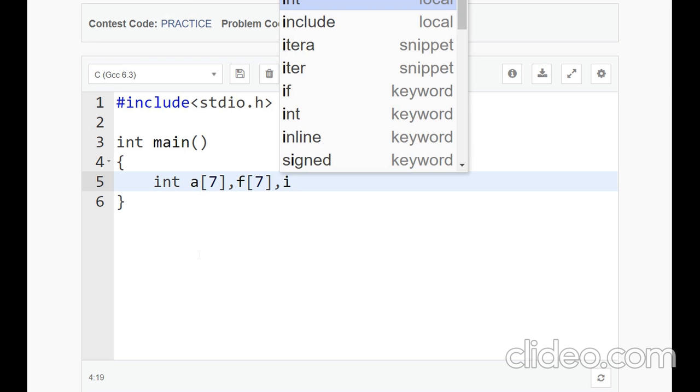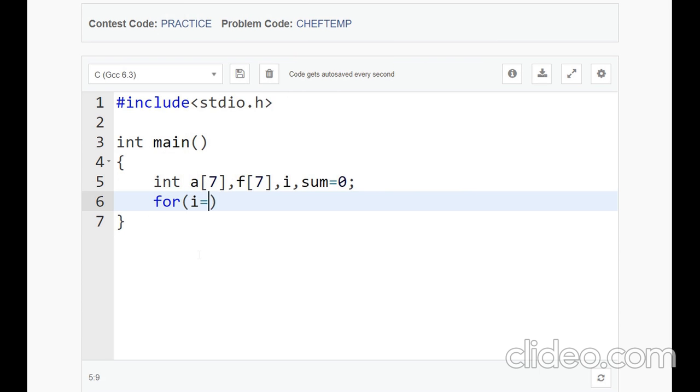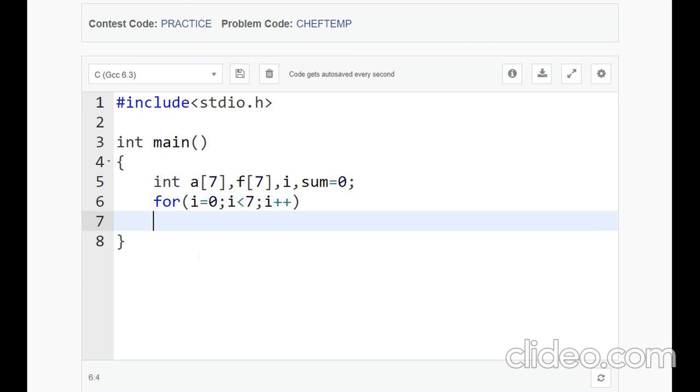Take i for the for loop and take one variable named sum. Now I'll accept all elements of the actual reading array, for i equal to 0, i less than 7, i plus plus, scanf percentage d ampersand of A of i.